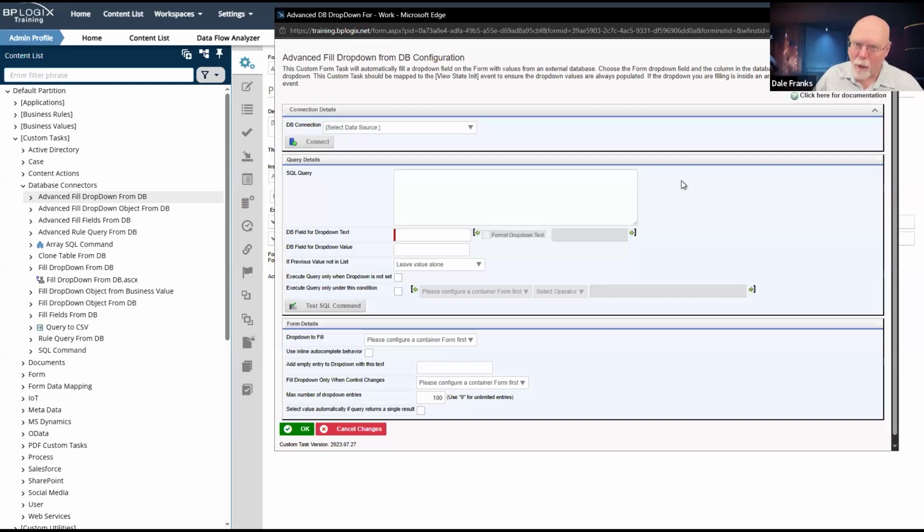If I have 10 forms that have the same dropdown that need to be filled from a database, that means that on each one of these forms, I now have to recreate and reconfigure that custom task. If I have 10 forms, I've got to do it 10 times. That is super tedious. Business values, on the other hand, are reusable everywhere in the product.